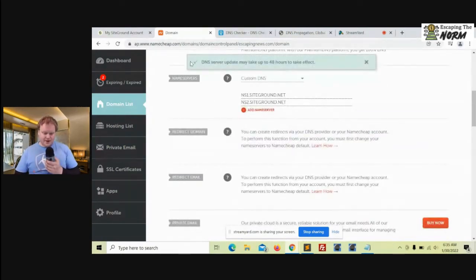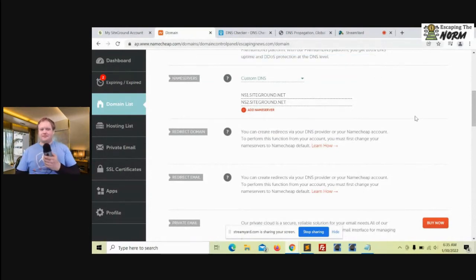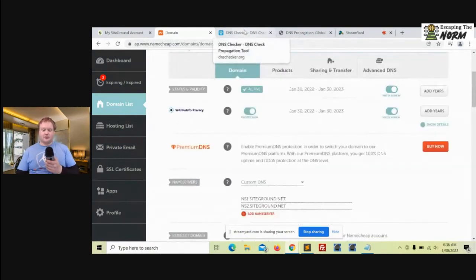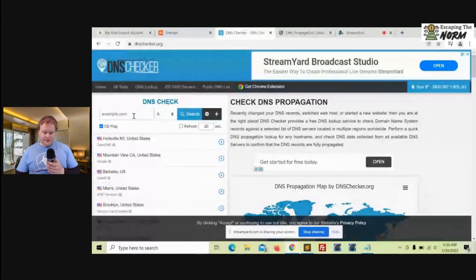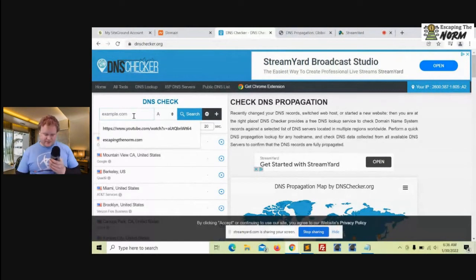And essentially, okay, it gives you this little warning message. It can take up to 48 hours to take effect. Usually it takes maybe 10 minutes, sometimes 15, but I'll show you a cool little tool that you can use to see how many name servers and how your DNS is actually propagating in real time. So all you do is go to dnschecker.org. You can Google